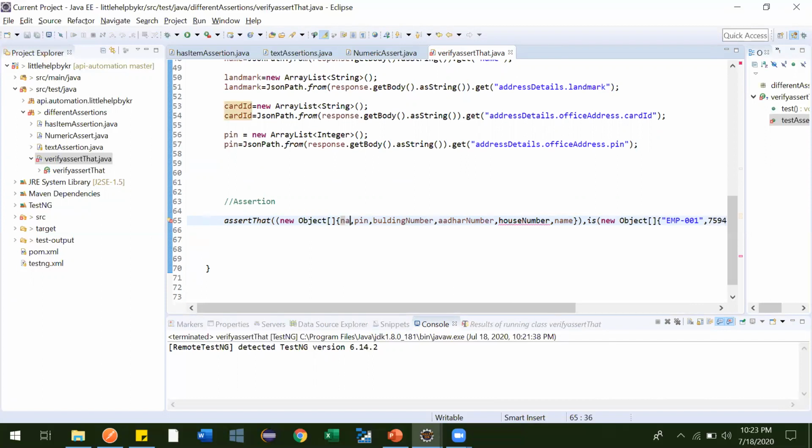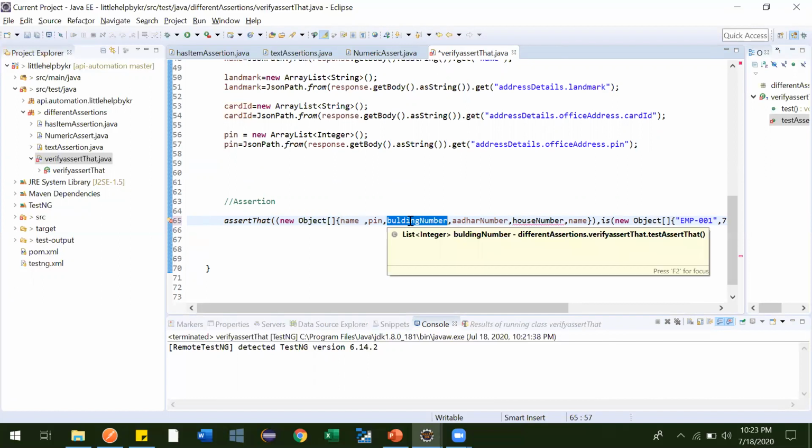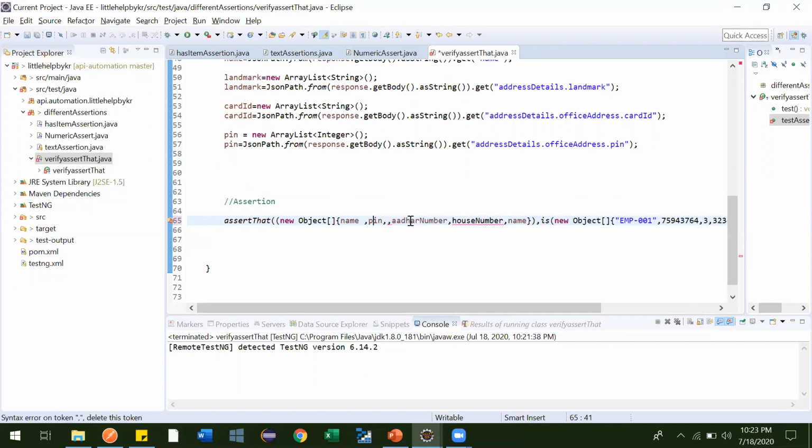Name, landmark was the second one, the third one is card ID, and the fourth one is pin. The rest we don't need, perfectly fine. So what values will get stored in these four variables.